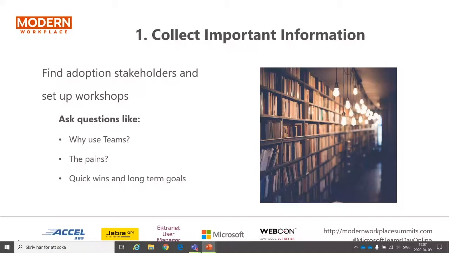Next, also are the quick wins and the long-term goals. Quick wins are very important because they help end users get excited and interested in the product. If you identify a user pain within your organization and Teams somehow can fix this without too much investment, this is a quick win. So maybe, for example, if your user is struggling with conducting meetings today,